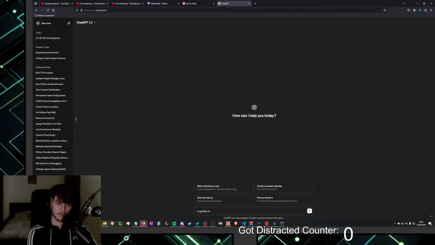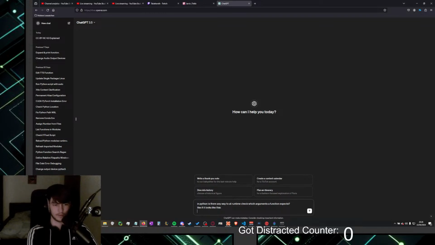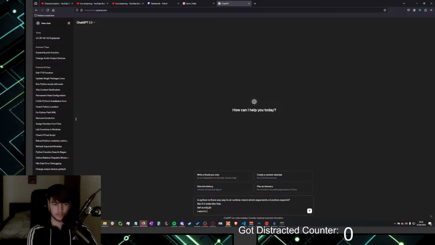In Python, is there any way to at runtime check which arguments a function expects? Like if it looks like this, def sum a b, I want to print a b.